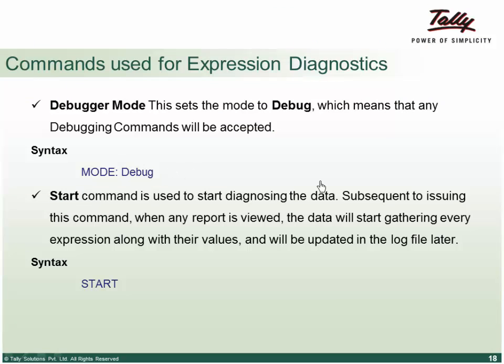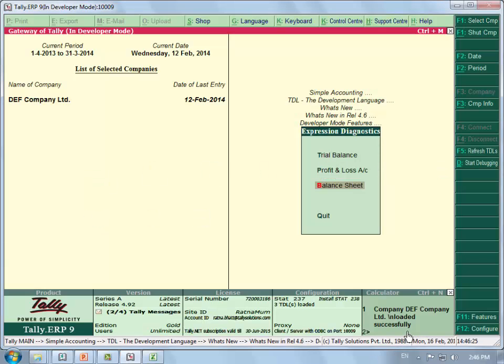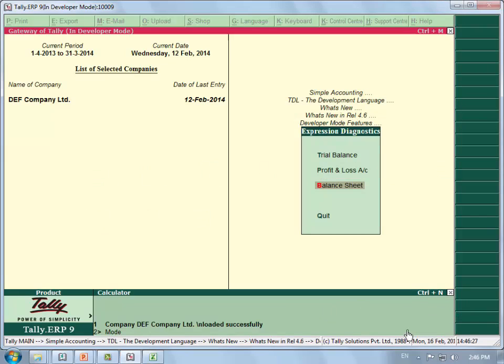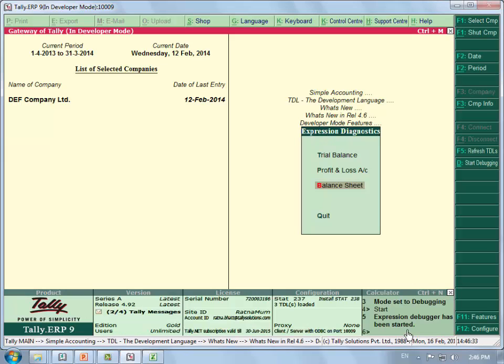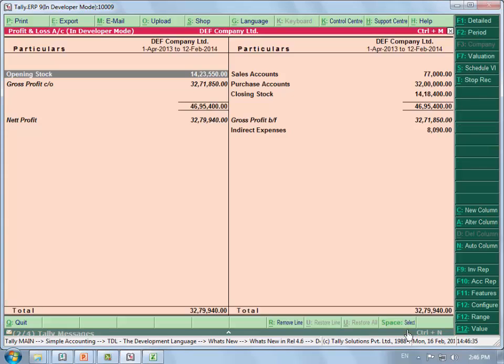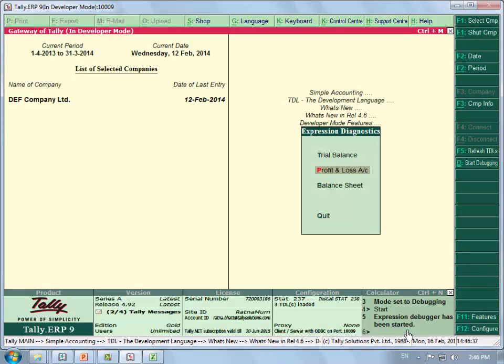Again, there are calculator panel commands, mode, debug mode. Here you can type mode debug. Then you can say start. You go to profit and loss. You escape.